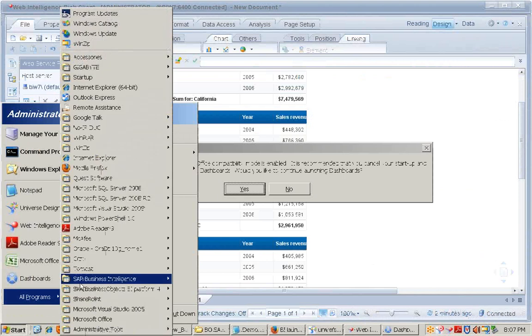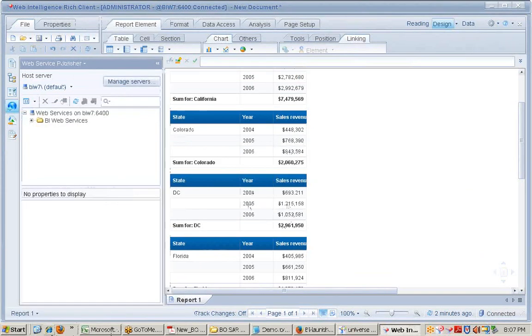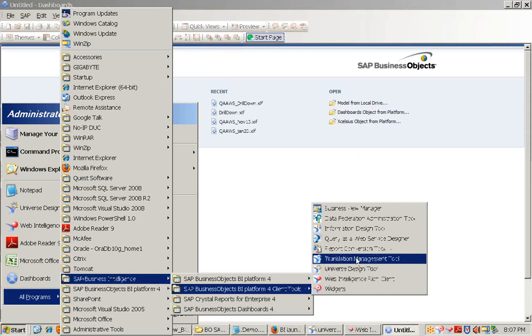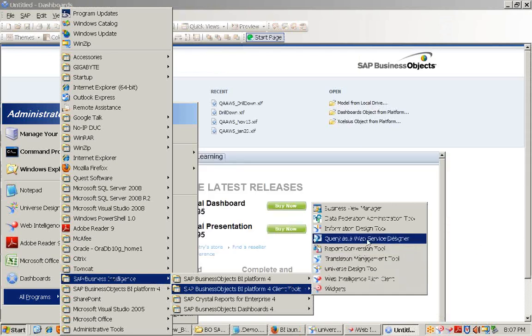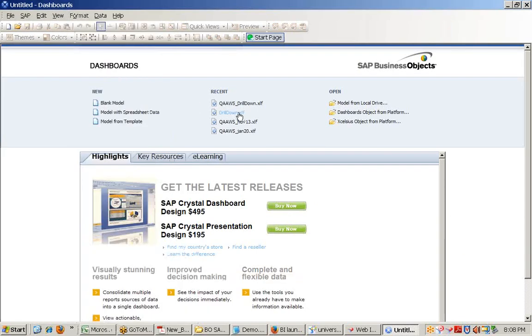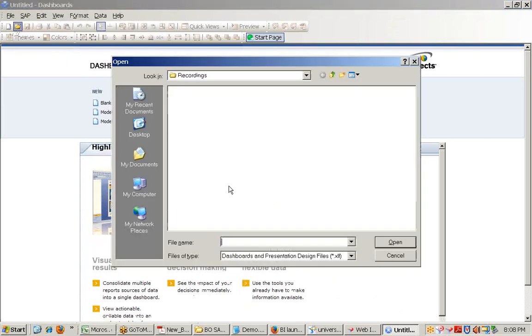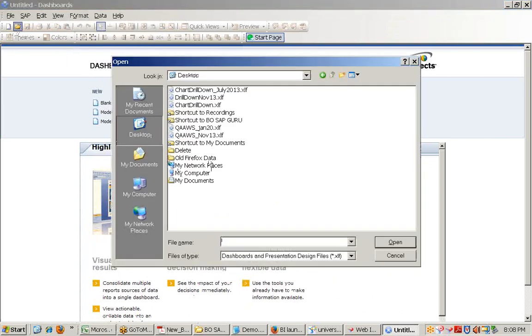Yeah, so there is a client tools Query as a Web Service, QAAWS, which is another tool to create the same Query as a Web Service for the reporting. So this is the solution. So you can just go and pull this one here,